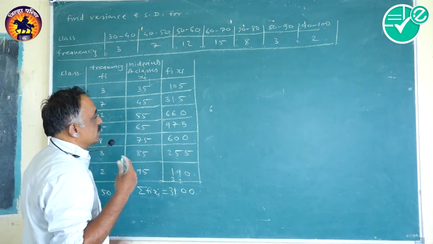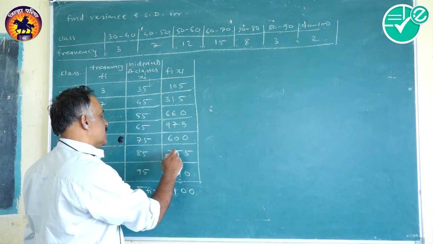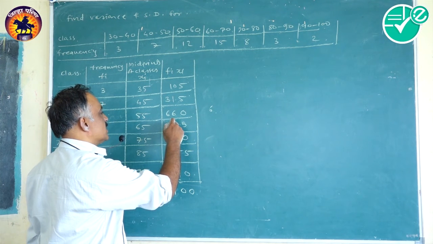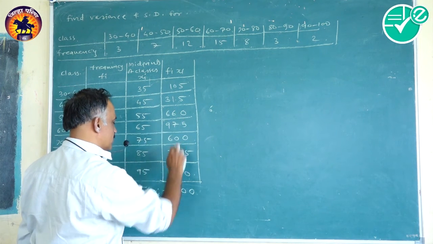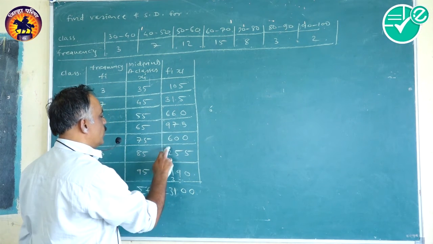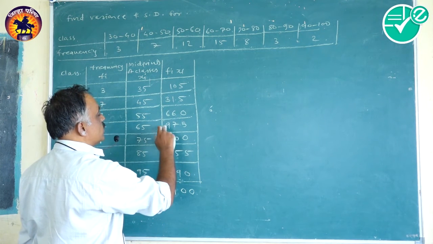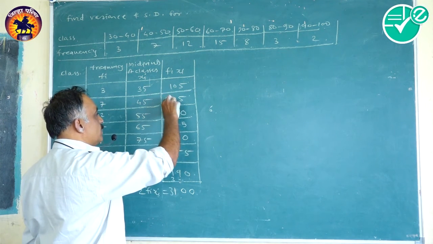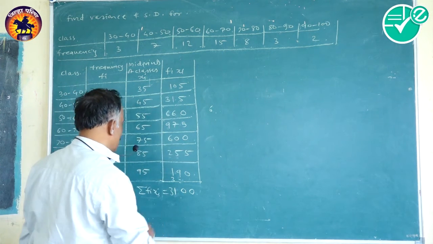Let me check it once again. It is 20, carries 2, 11. 11 plus 5, 16. 16 plus 8, 24. 24 plus 6, 30, carries 3. That is equal to 4. 4 plus 2, 6. 6 plus 6, that is equal to 12. 12 plus 9, 21. 21 plus 10, that gives you 31.